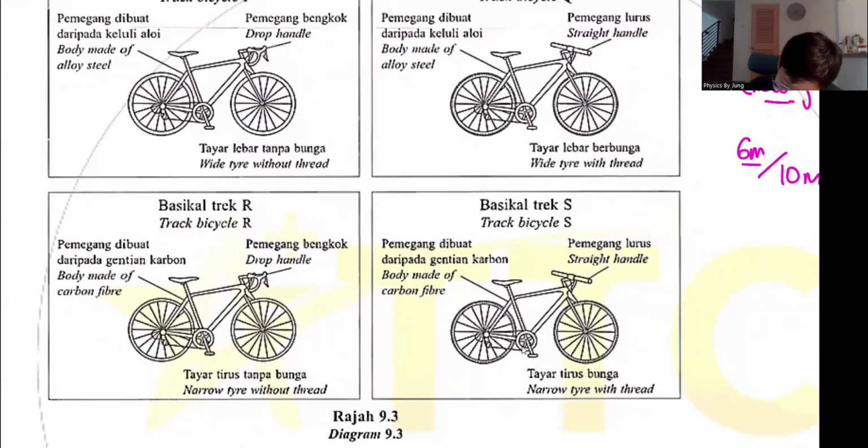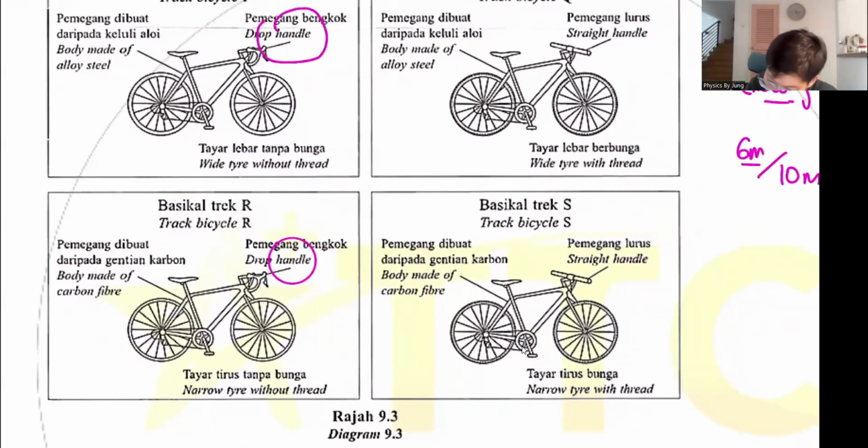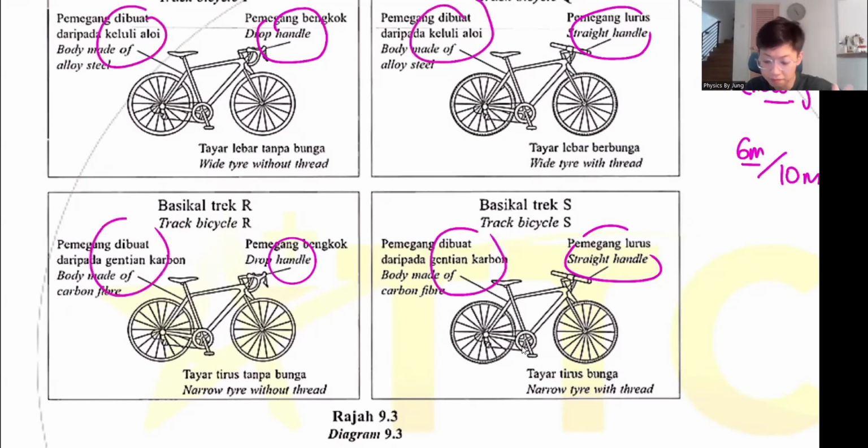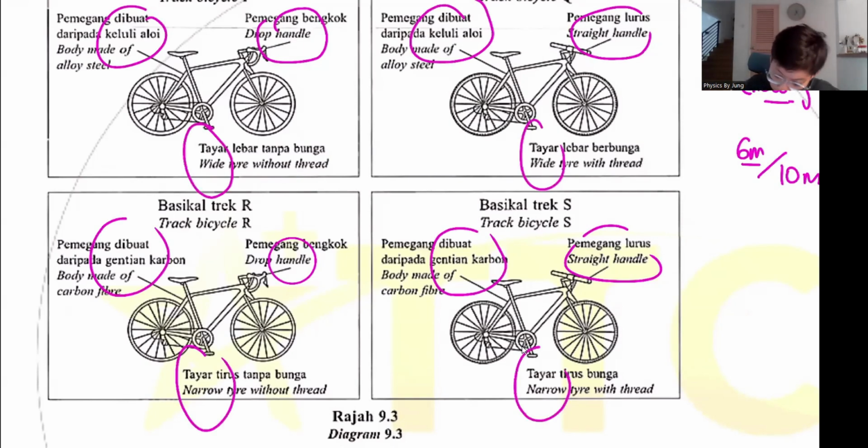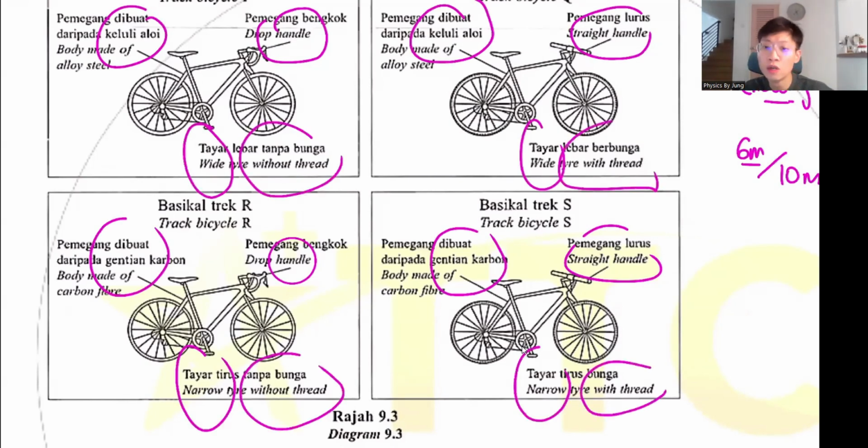So the first one is the handle shape lah. The handle shape. Number one. Number two is the alloy versus carbon, this one, second. The third is narrow versus wide. The fourth is without thread versus with thread. So remember, when you look at this kind of question, the first thing you have to find is the 4 differences. If you never see properly, if you never distinguish them properly, how do you know if you miss out one, gone. You will lose a lot of marks. Understand what I mean, right? So you make sure that you check all 4 first before you continue.